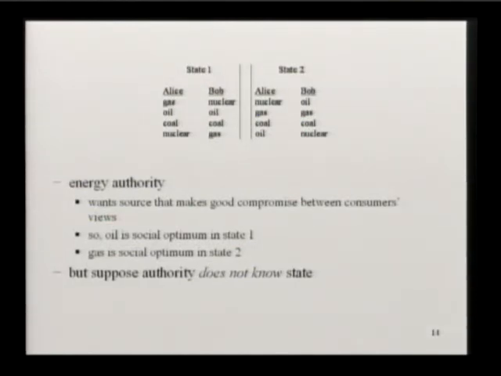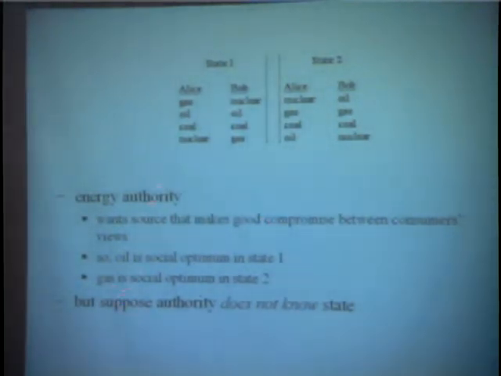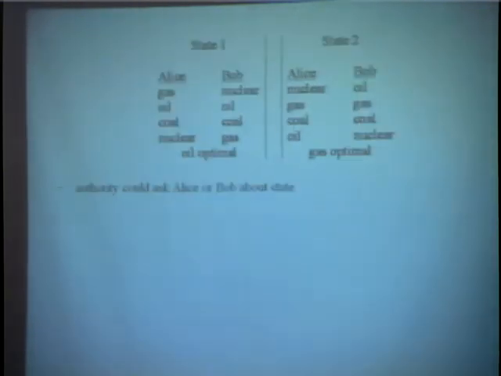The problem, of course, is that the authority doesn't know Alice and Bob's preferences. It doesn't know the state. It doesn't know whether this is true or this is true. So it doesn't know whether to choose oil or gas. Now, how can it solve this problem? Well, again, the most straightforward mechanism would be for the authority to just go ahead and ask Alice and Bob, what is the state? What are your preferences? The problem is that